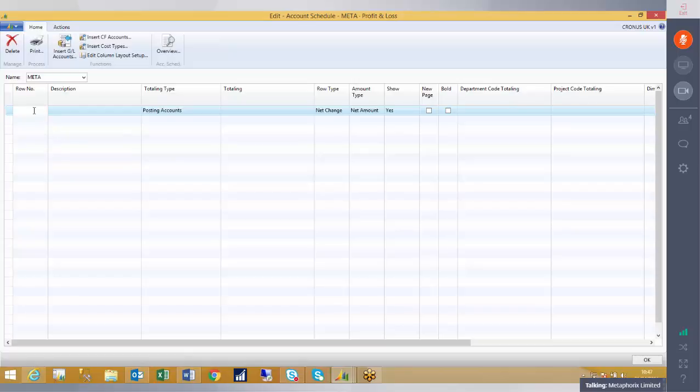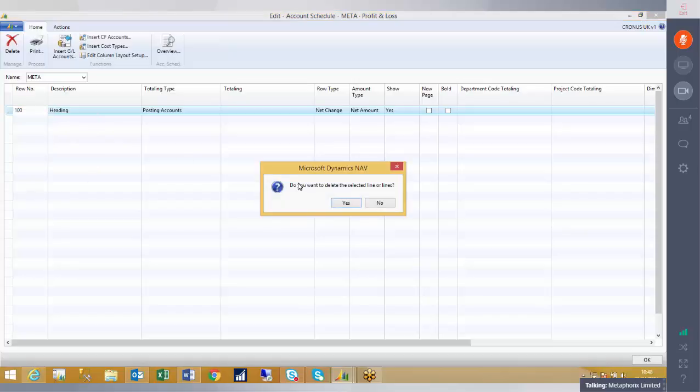Now I can come in here manually and type in my rows and add my heading details, whatever I want to display on my report, but of course that would take quite a while, though it might be the way, depending on the layout of your report. For example, the report we were looking at last time would have been created in a manual way, but to save me time and make sure that we can cover everything today, I'm actually going to use a function, get rid of that line there,